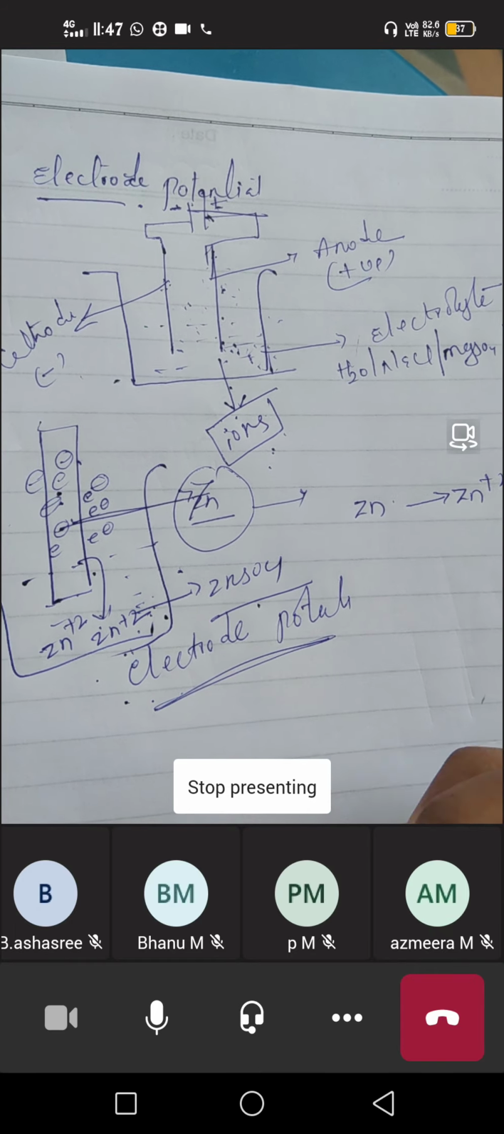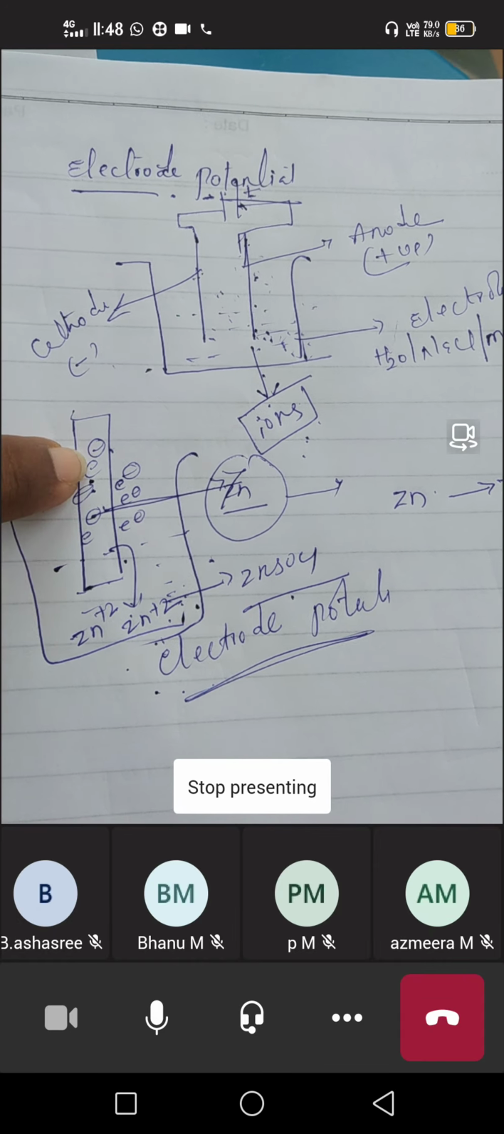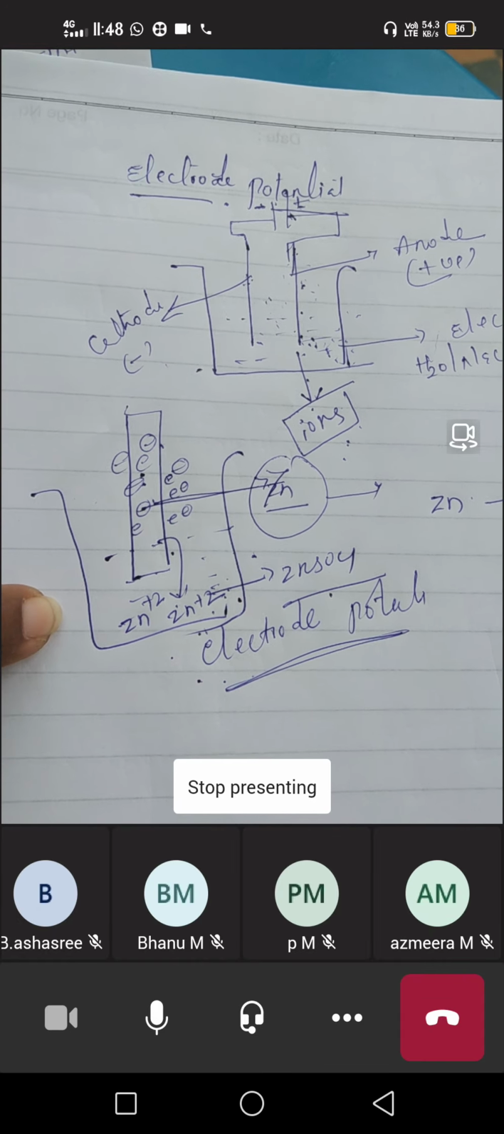So now we can define electrode potential as the potential difference between the electrode and the electrolytic solution is called